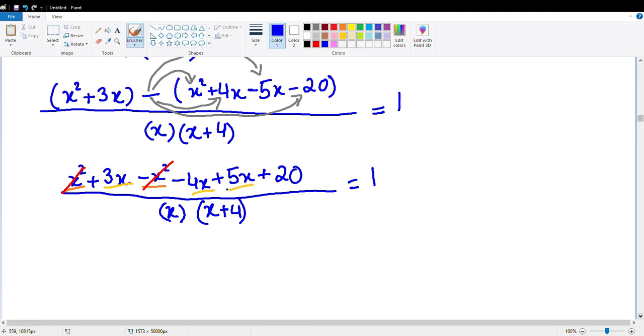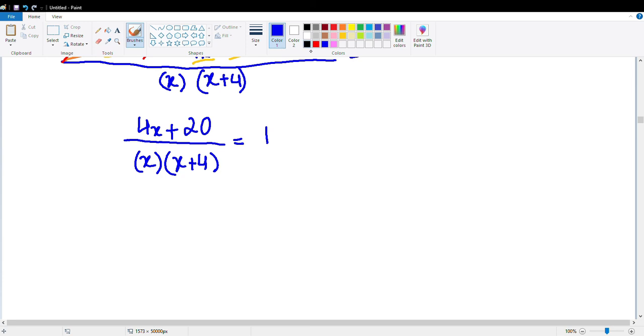When we do 5 minus 4, what do you get? You get 1. 1x added to 3x, you'll get 4x plus 20 over x into x plus 4 equals 1. And now what we want to do is multiply x into x plus 4 on both sides so that we get rid of the denominator, and we start actually solving the equation. We're not just stuck with a denominator, right? So we're going to write over here